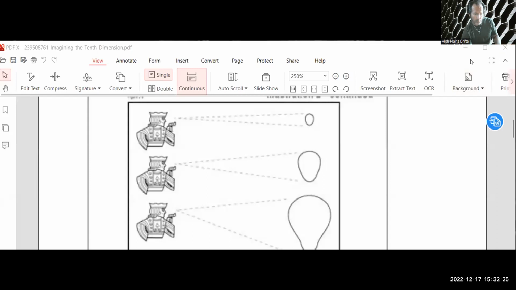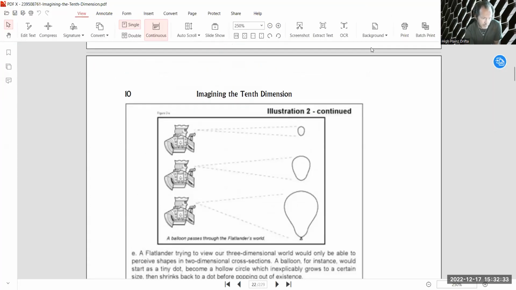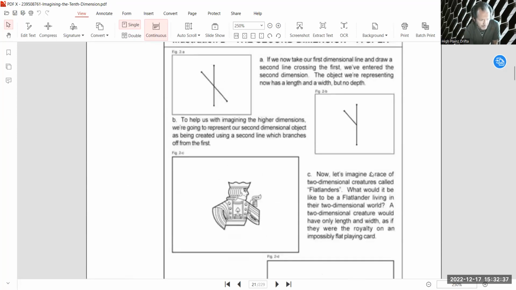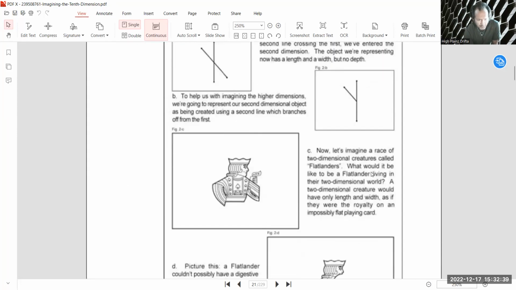All right, so that was getting a little bit far beyond my drawing skills. So I wanted to, with you, my dear esteemed viewer, I was trying to show off and act like I knew something about dimensions. But here we go, folks. This kind of puts things. There's our Flatlander. Okay, that's the Flatlander royalty right there.